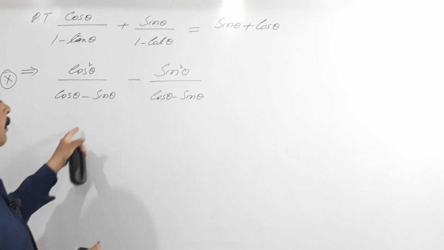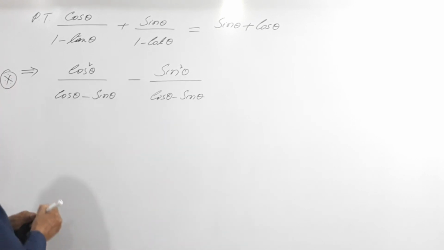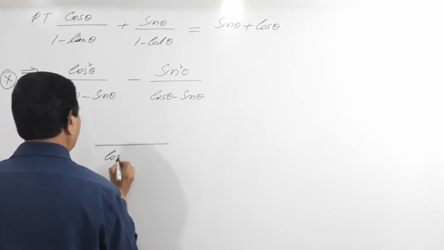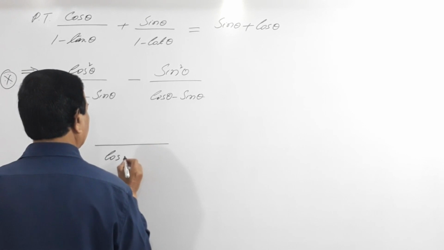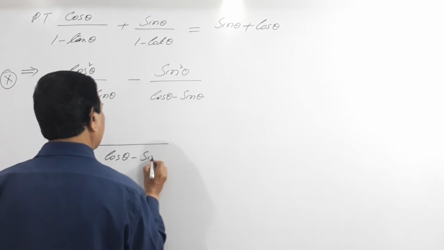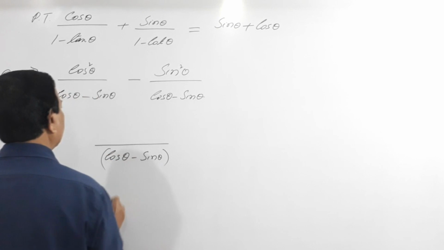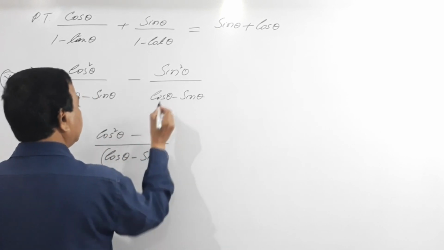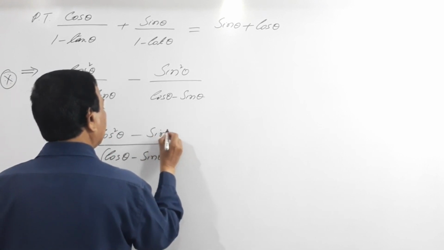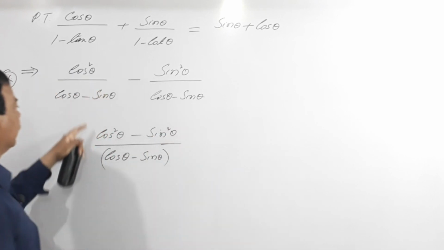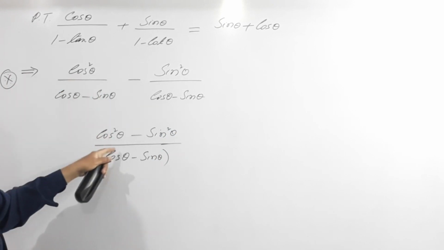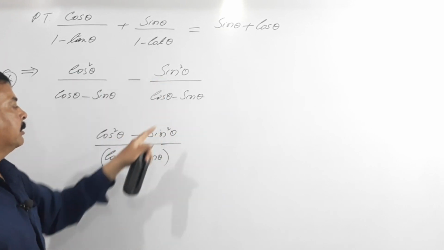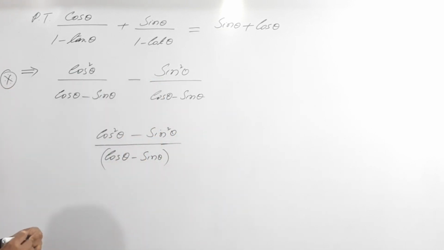सो अब हम एलसीएम लेंगे, ओके, एलसीएम क्या है, दैट इज नथिंग बट cos θ माइनस sin θ, so this becomes what, cos स्क्वायर θ माइनस sin स्क्वायर θ बन गया, ठीक है, एक बार जाएगा, एक इंटू cos स्क्वायर इज cos स्क्वायर माइनस है, माइनस डाला, cos θ माइनस sin θ एक बार जाएगा, 1 इंटू दिस बिकम्स दिस।